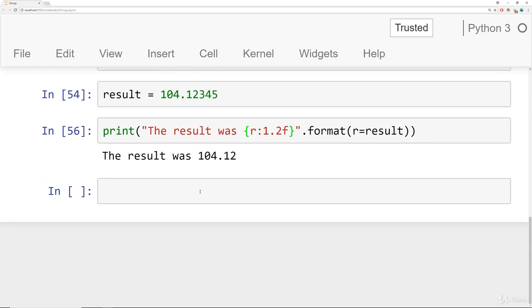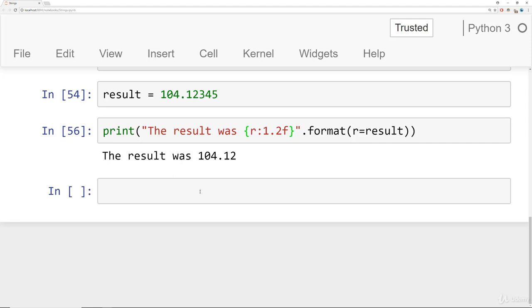Finally, what we're going to talk about is f-strings, and these are formatted string literals. These were introduced in Python 3.6, so they're still very new, and they offer several benefits over this older .format method. I generally prefer the .format method, but a lot of people prefer this string literal method, especially if they're coming in from other languages.